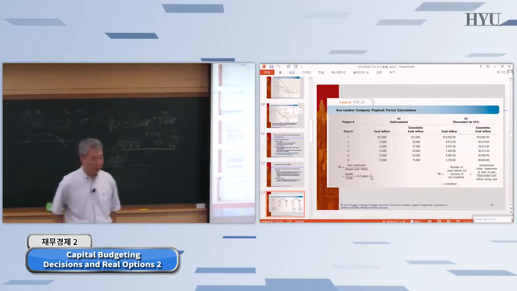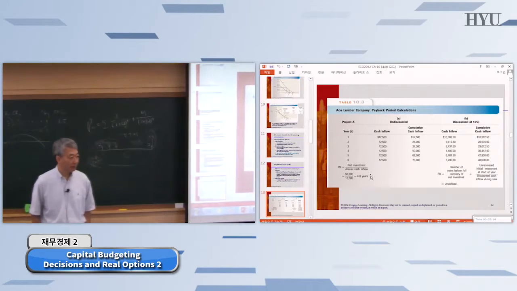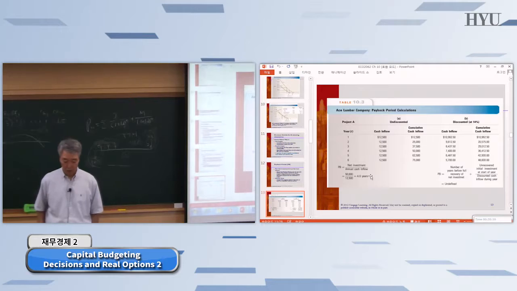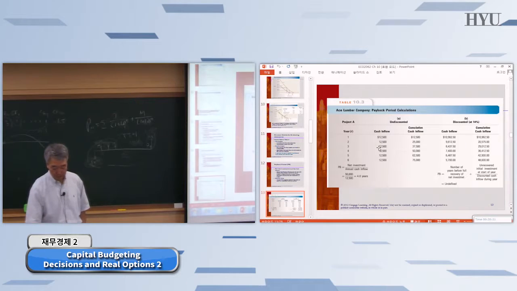But as I said, it doesn't make any sense because it ignores the time value of money. Right? It's treating the $12,500 now and $12,500 5 years later equally. Right? So you shouldn't do that in finance. Okay? You cannot ignore the time value of money. Okay? So here,